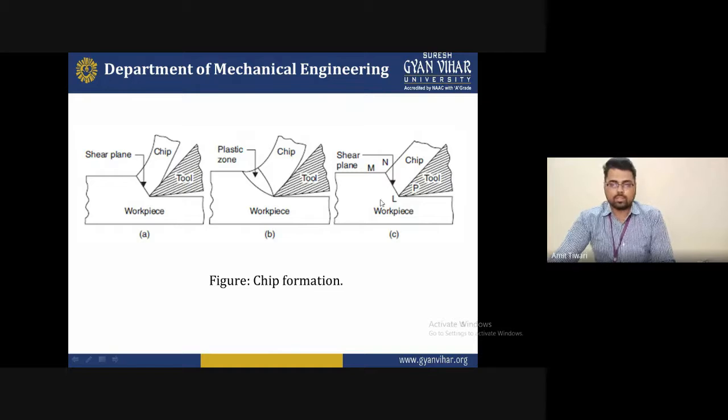You can see this is the sliding face over the tool, and it will remove the material from the formation of chip. So this is the diagram we have to show how the chip forms. So I hope you understand the chip formation. Basically, it is simple, not a very difficult task to understand. You can just keep it in mind.